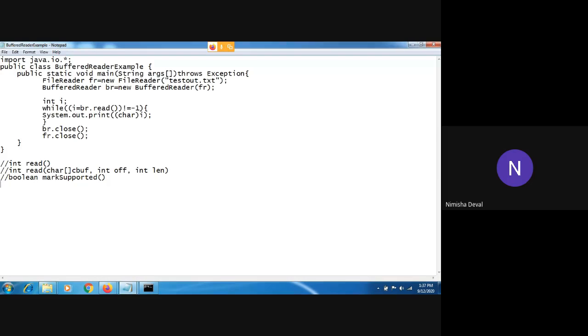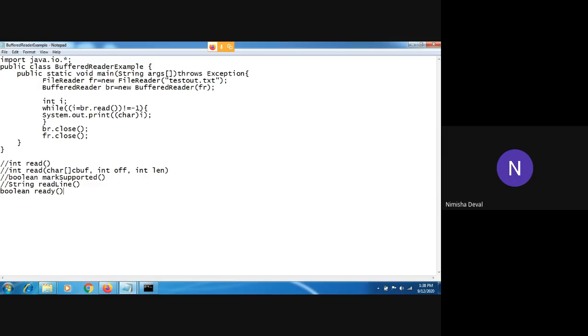Then another method is the String readLine method. This method is used to read a line of text. Next method is boolean ready.